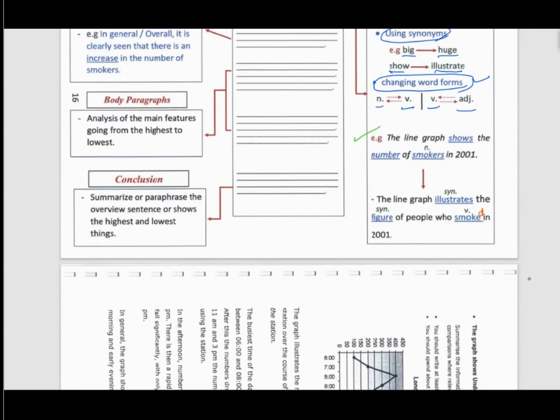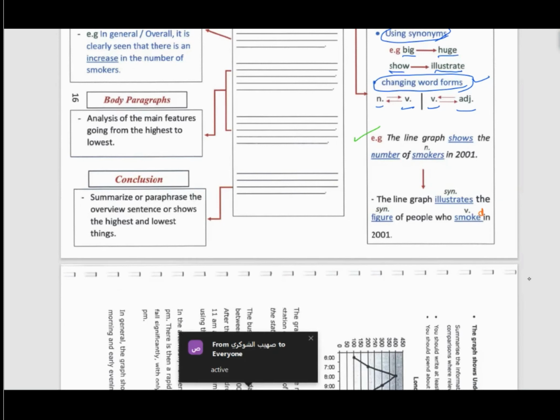Is it an active sentence or a passive sentence? The active sentence starts with a subject, then verb, then object. I explained it, but not very deeply last time. I think I gave you an example of the subject, verb, object. It's an active sentence, very good. This is an active sentence, see?